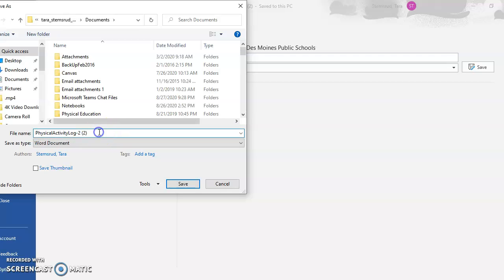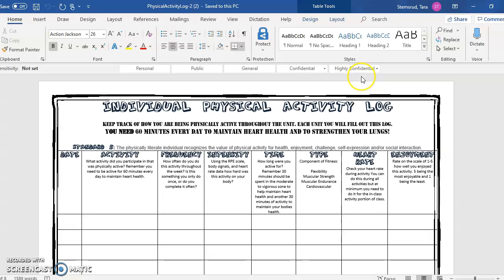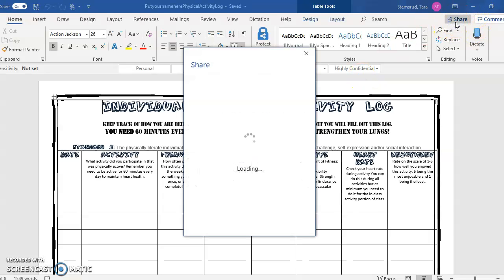And what we want to instruct our students to do as well is to put their name. So we want them to put their name when they save it, right there. So when they share it with us, up here, and they go to share, that they are able,